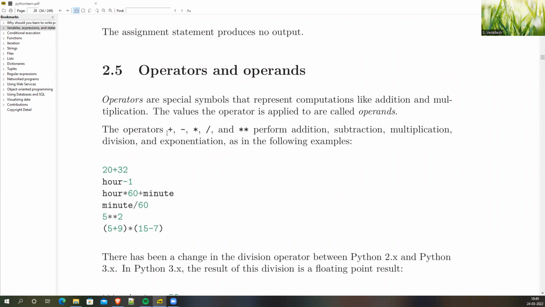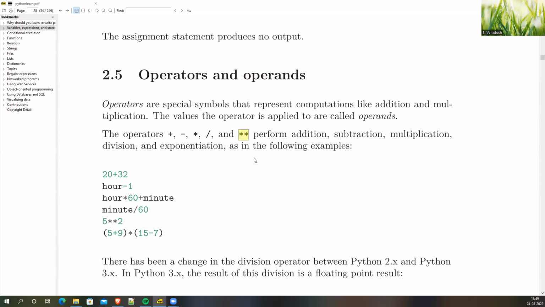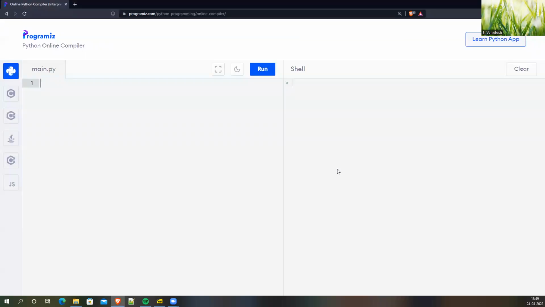The only, so this is addition, subtraction, multiplication is given by asterisk, division is given by backslash. Okay, the only new operation probably that you have not seen before is this double star, double asterisk, which is exponentiation. Okay, so let's have a look at some examples. So this is where we are. So for instance, if I have to add integers, so 5 plus 2,